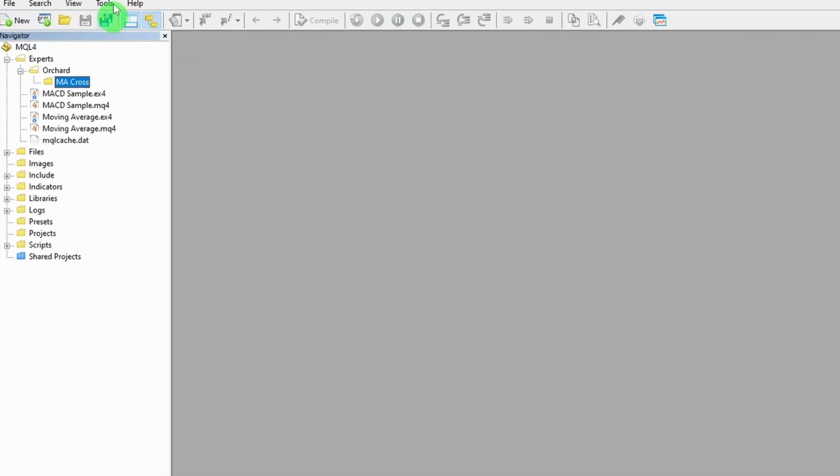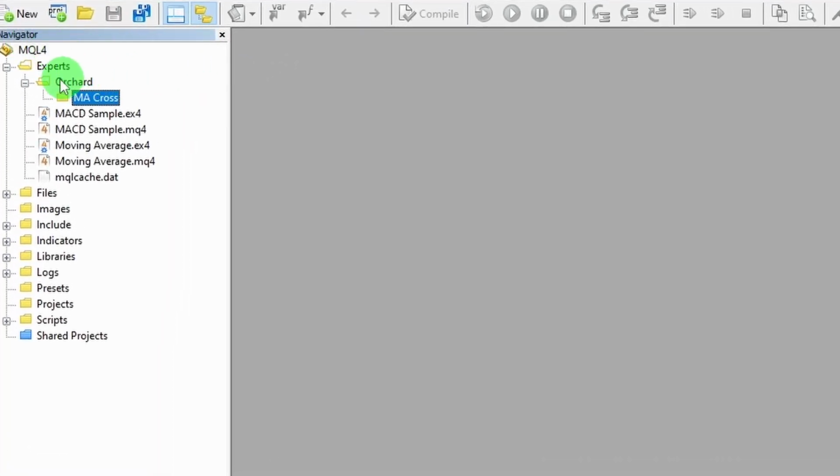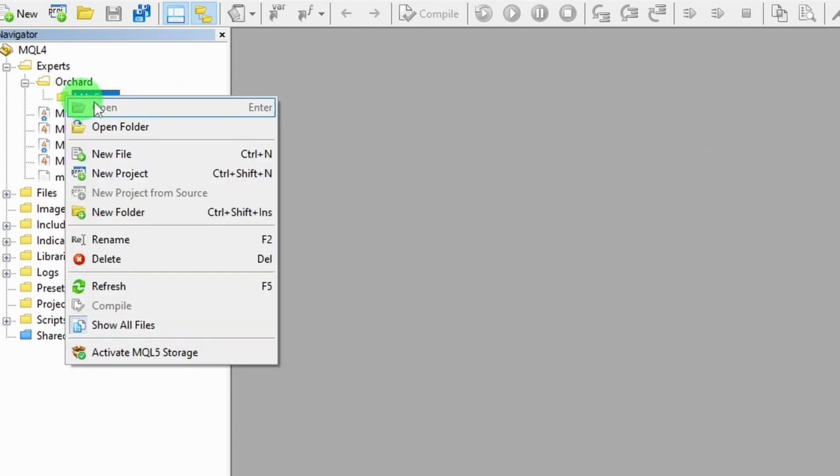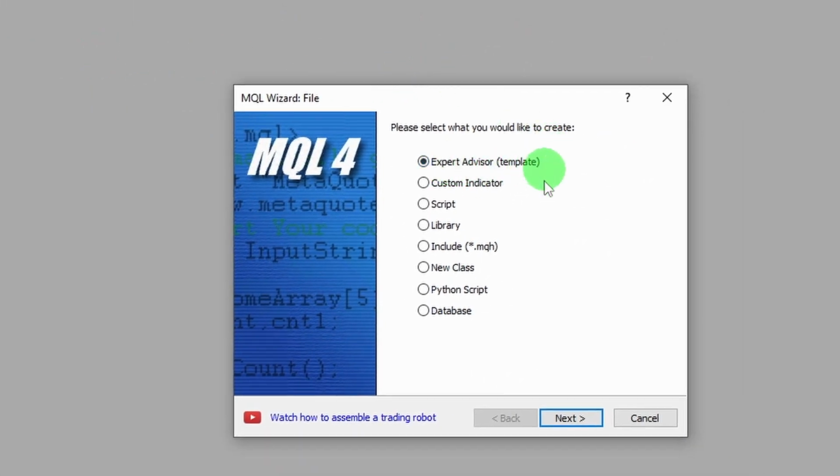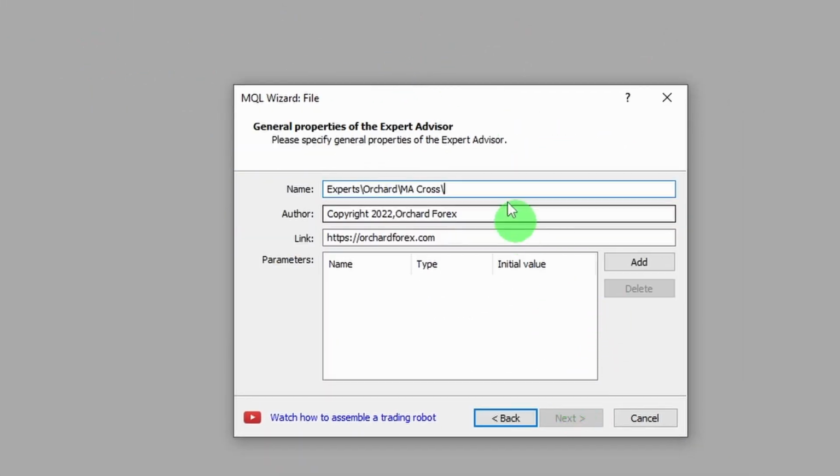I have the MetaTrader 4 editor open here, and I've got a folder underneath Experts that I call Orchard, and I've created a folder inside that already called MA Cross, and this is where I'm going to create the expert advisor. So I'm just going to right click on that MA Cross folder and select New File, and this is an expert advisor, so I just click Next,